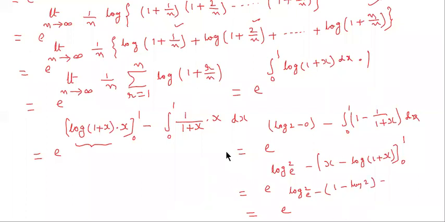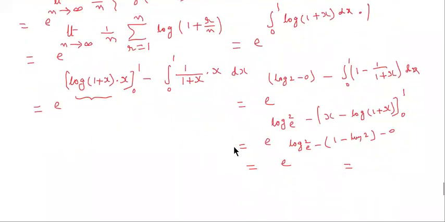Substitute lower limit, you will get 0. So e power, this is log 2 to the base e, minus into minus plus. Here will come e power 2 log 2 to the base e minus 1. So this is overall e power log 4 to the base e into